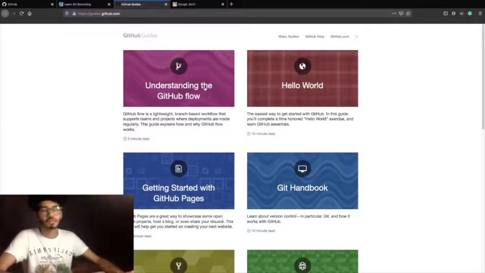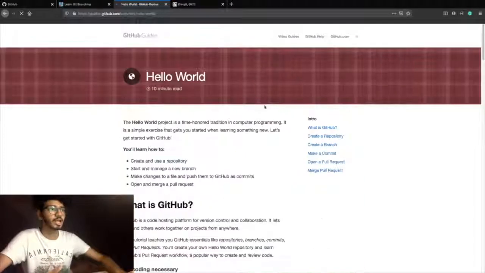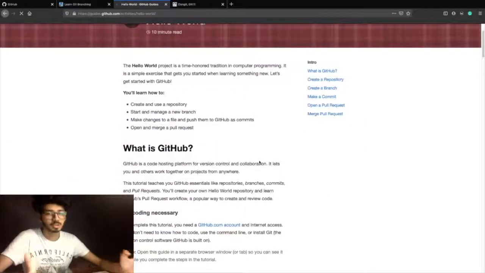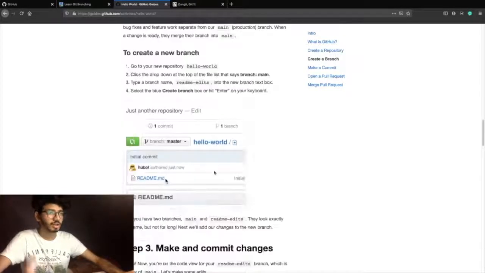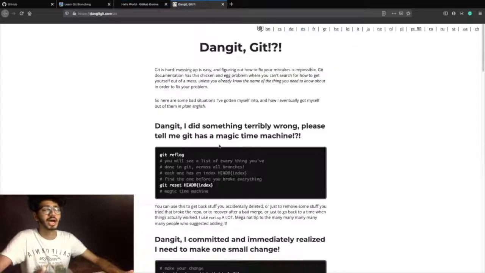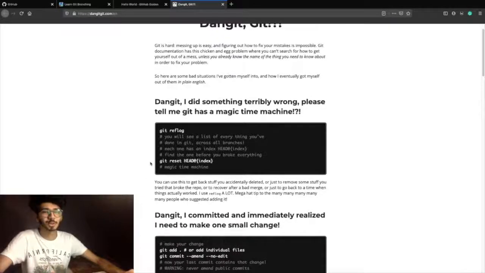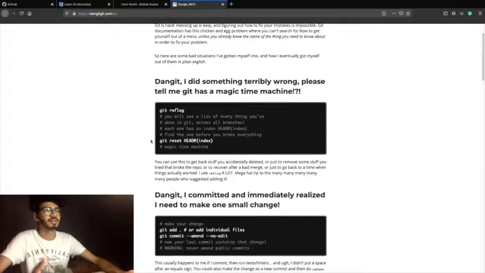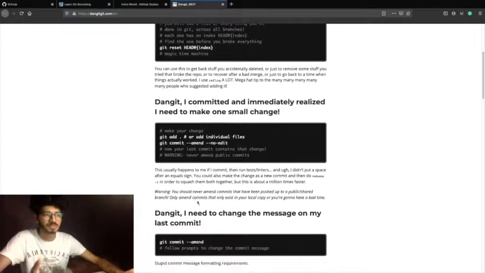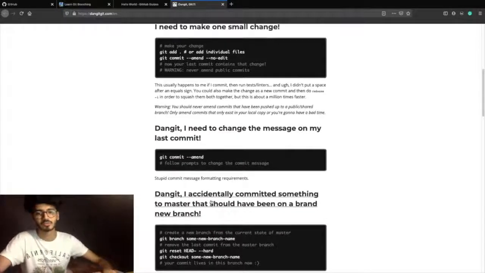Next is the GitHub guides. Of course, you need to understand the basics of Git again in case you're not clear. So GitHub has guides.github.com. You can find all the relevant materials provided and used in GitHub, in a very step-by-step format. In case questions or mishaps arise, you need to be able to solve them. So here is an amazing resource which I found. It basically helps you solve all those errors which you might have. So dangitgit.com is another essential resource which you must read in order to attain sufficient knowledge for the interview.